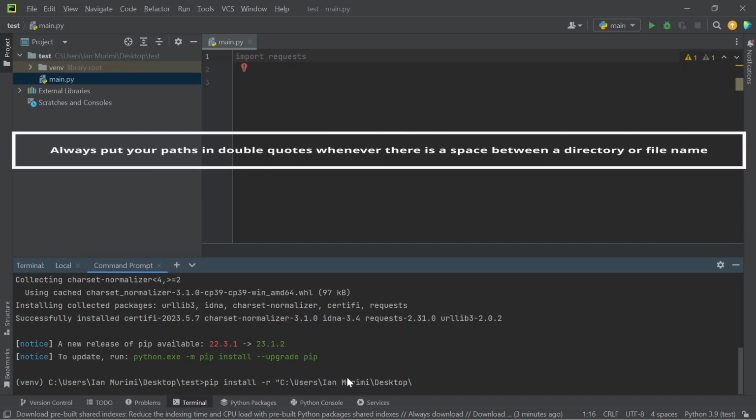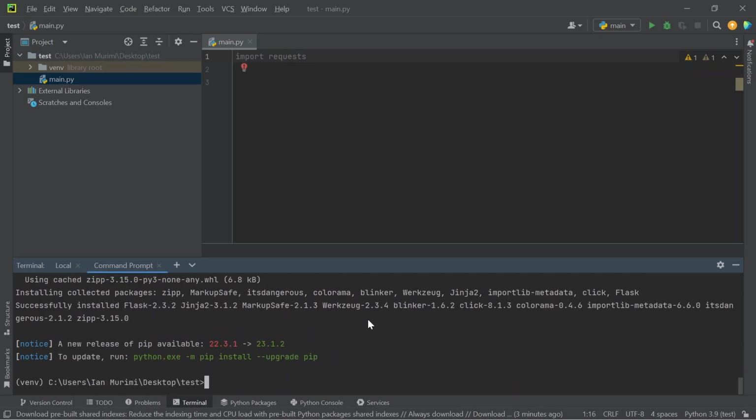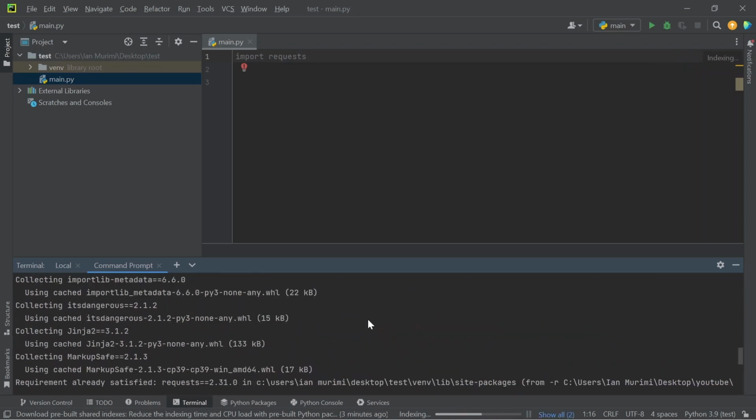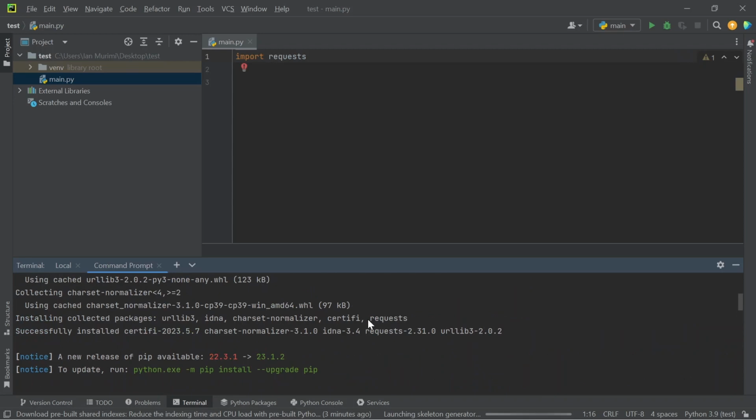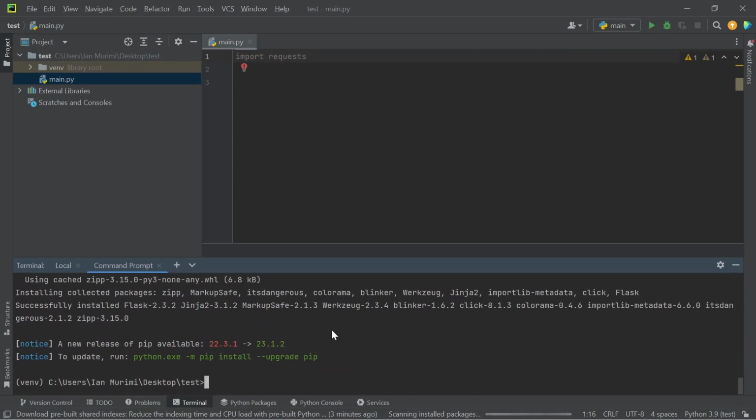I'm going to put it in quotes because I have a space here, and then at the end desktop/youtube/requirements.txt. Now the requirements file has been read and all these dependencies that were in the requirements.txt file have been installed.